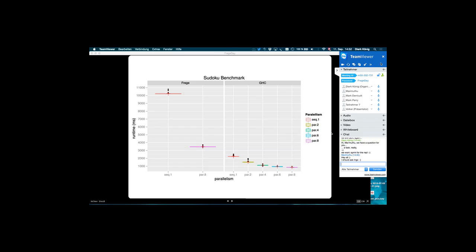It was a PC with 8 hyperthreads, so it's one CPU, 4 cores, and every core has 2 hyperthreads, I think. So the maximum parallelism is 8. On the GHC side, I have just taken the parallelism option of the runtime system into account because it is possible. And on the Frege side, we have just this fork join pool. It takes what it gets. It will be created and everything will be done.